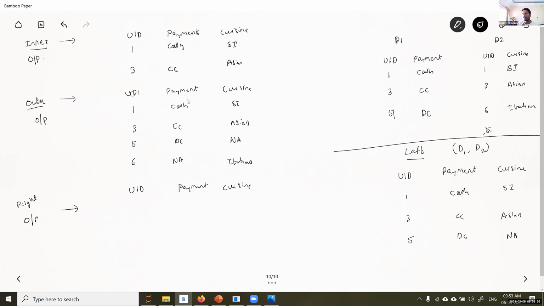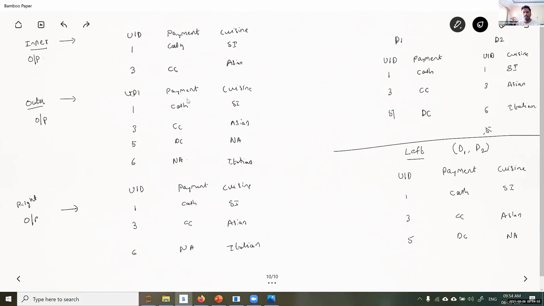You have the right side data frame coming here. 1, 3, 6. Payments for 1 is cash, credit card. For 6, there is no payment information. So you put it as NA. Cuisine information is there, South Indian, Asian, and Italian. This is how output will happen in the case of these joins.